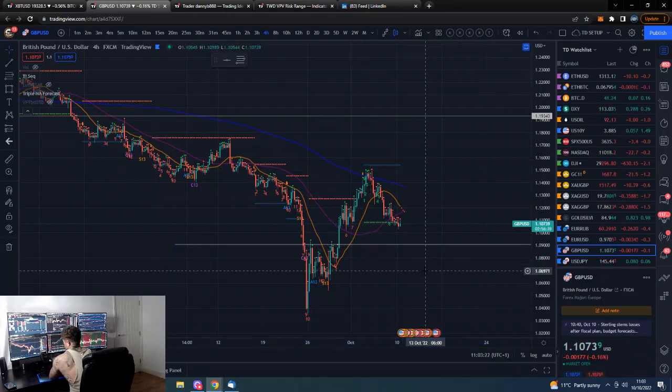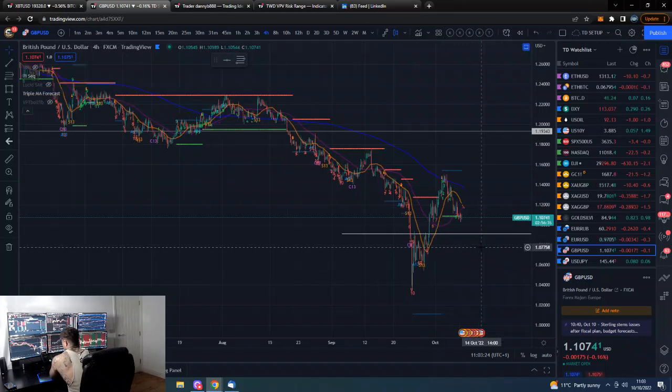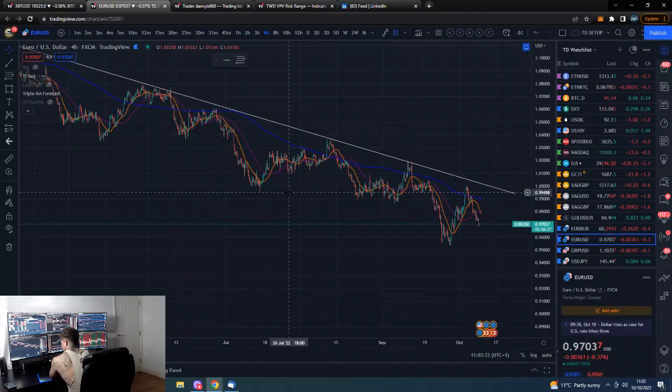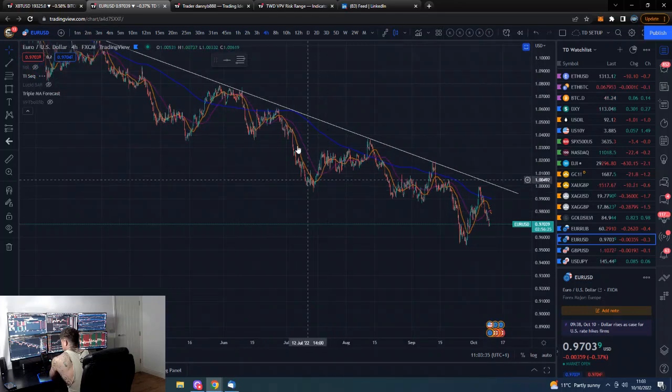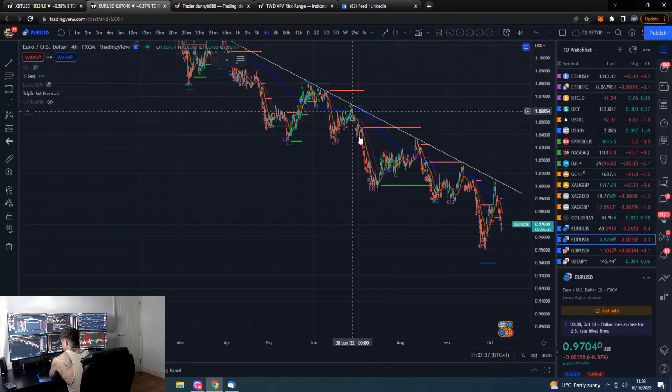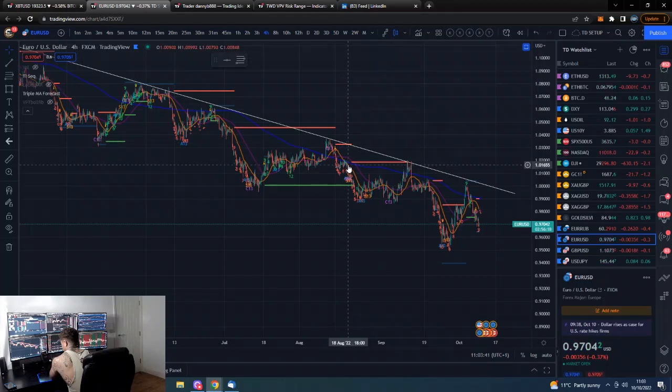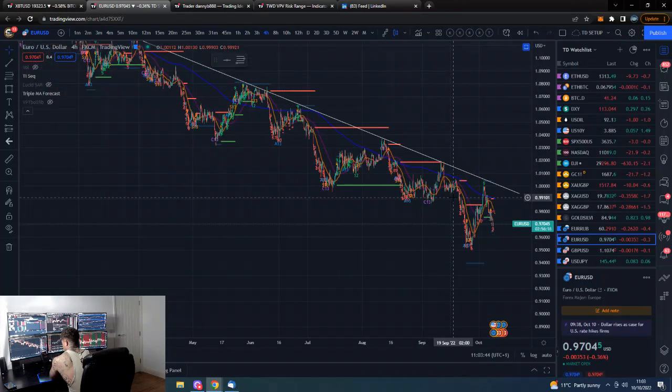If it doesn't, then it would look likely that we are going to take out this low. We did see similar price action in the sell-off in the euro when it initially was trying to break down below this parity level. It took a big leg down, as you can see, bounced, tried to come back down, tried to put in a higher low, but then lost it, and then has been governed by this trend line